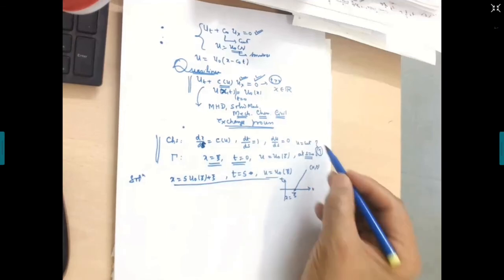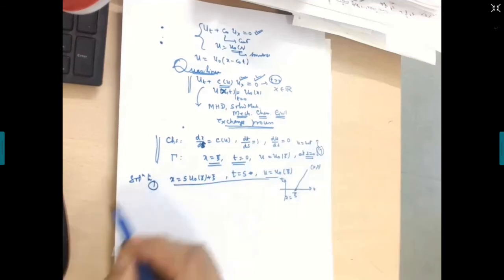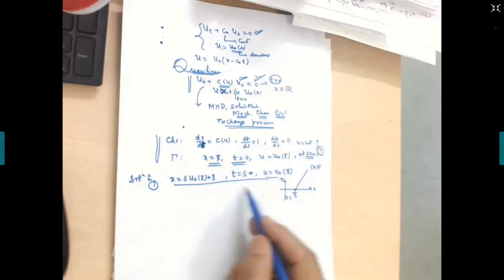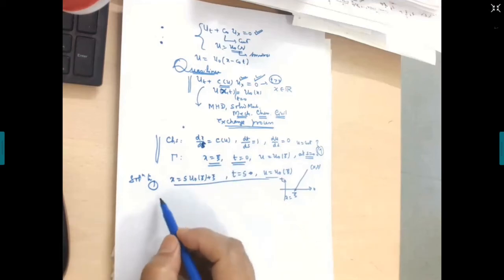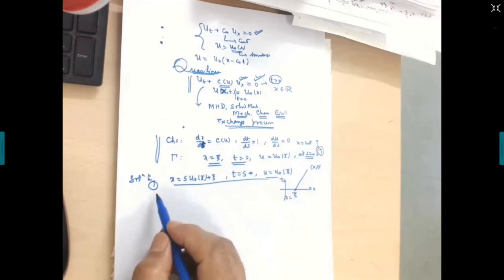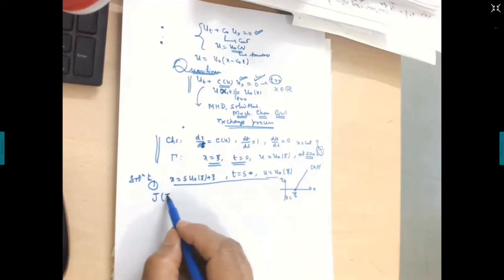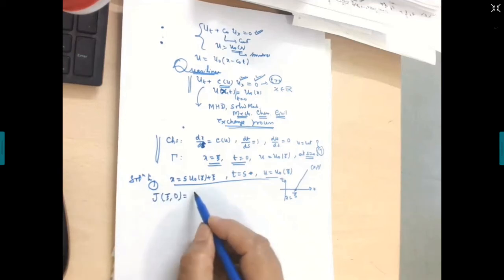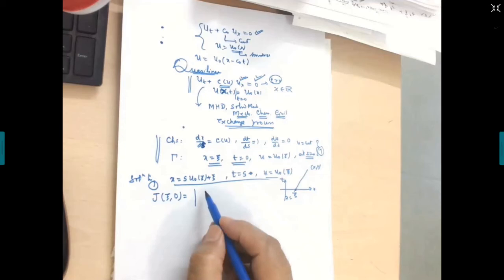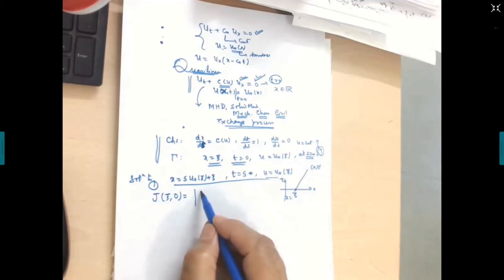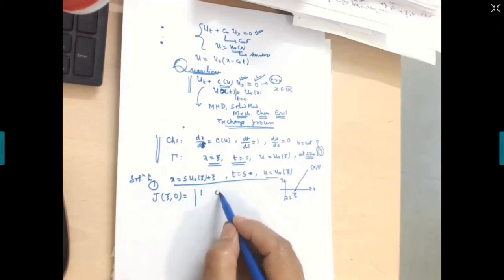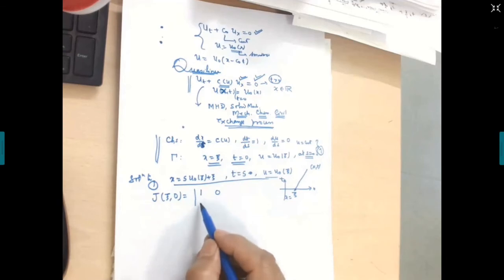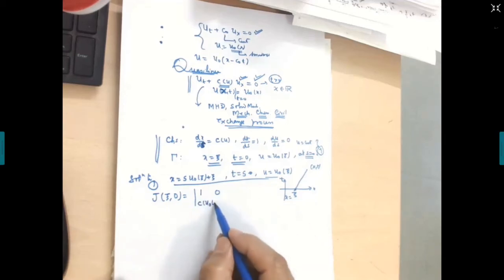Let me write: solution to system. The system of equations has this solution. What is the Jacobian now? Can you tell me quickly? The Jacobian of the transformation. So dx/d xi, this is 1, dt/d xi, this is 0. What is dx/ds? c of u naught xi, since u is u naught xi.